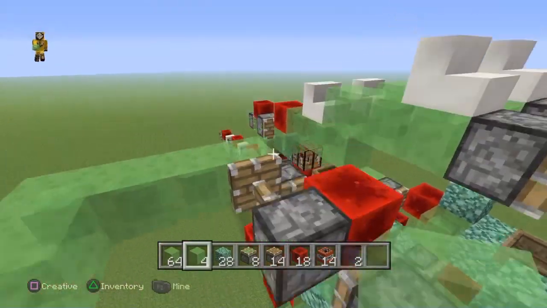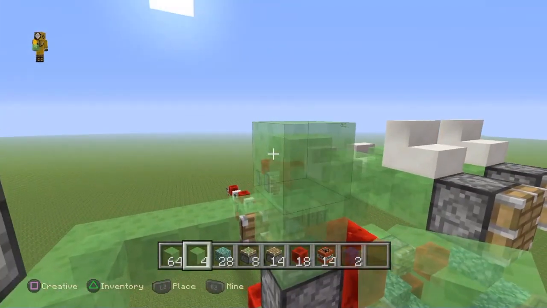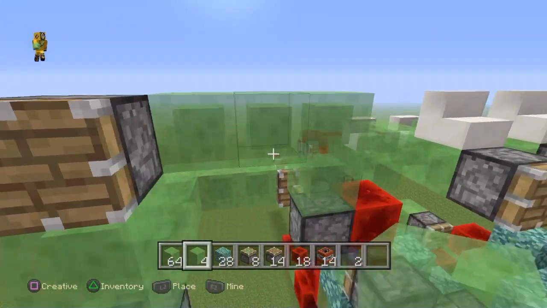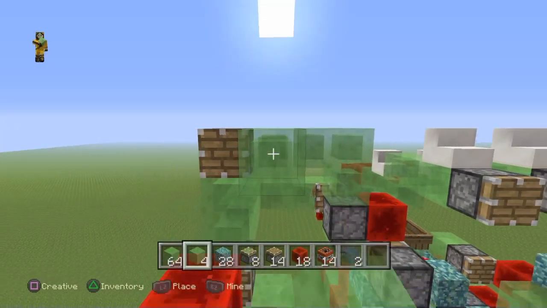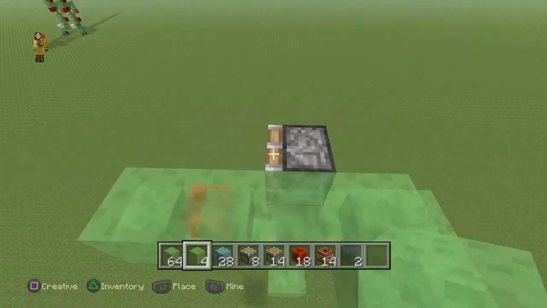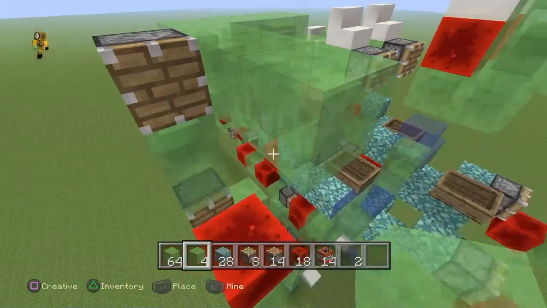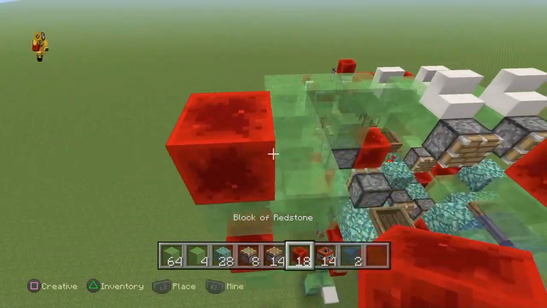Now once you've done that, come up to the piston that's extended and come up 2 blocks with your slime blocks, and then come over 2 more blocks, so there's 3 total slime blocks on the top there. Then come forward, so there's 4 blocks here, 1, 2, 3, 4, and your piston is on this one. Once you've done that, place a slime block there, sorry, and then redstone block there, and then grab